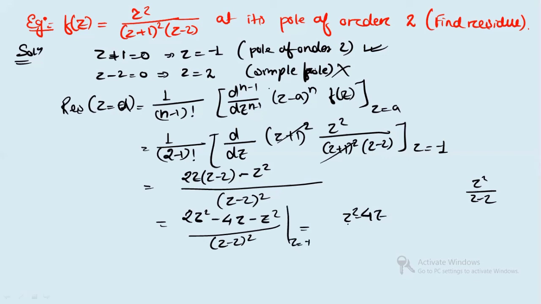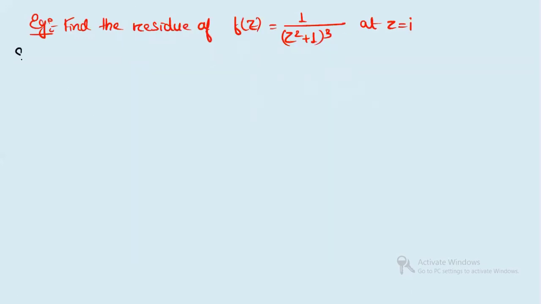So from here, you will get Z square minus 4Z, and here Z is equal to minus 1, over (Z minus 2) whole square. So if you put minus 1, you will get minus 1 whole square, so this is 1. This will give you plus 4. Then minus 1 minus 2, that is 3 square, that is 9, right? So finally, we will have 5 by 9. Clear? So this is the residue. Simple. We will solve one more example. You can just see here, we have just used this formula and we have done. Same thing we will do in the next example also.